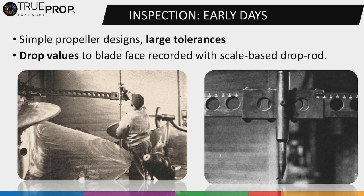To measure these blades, they built these large radial measurement machines. We call them pitchometers, but these were essentially drop rod scales. And you can see one down here. This is from 1942, but the pitchometer was actually built in the early 1900s, like 1907 or something like that. And that's a visual scale that drops down, and you actually read the tick marks off the scale to get